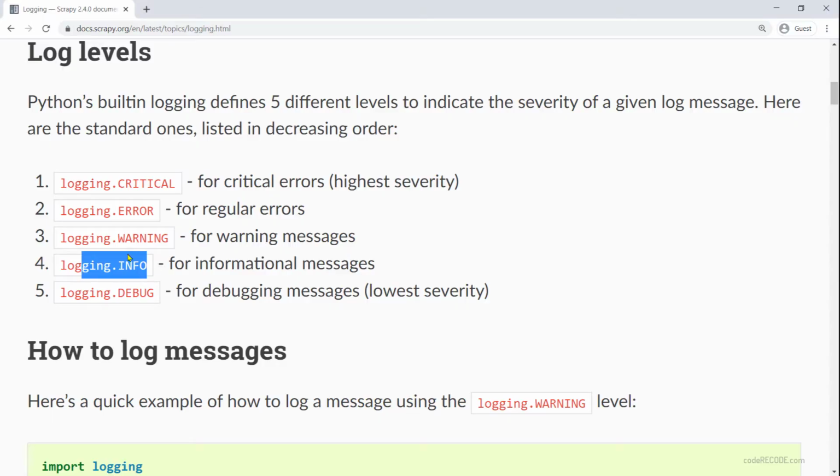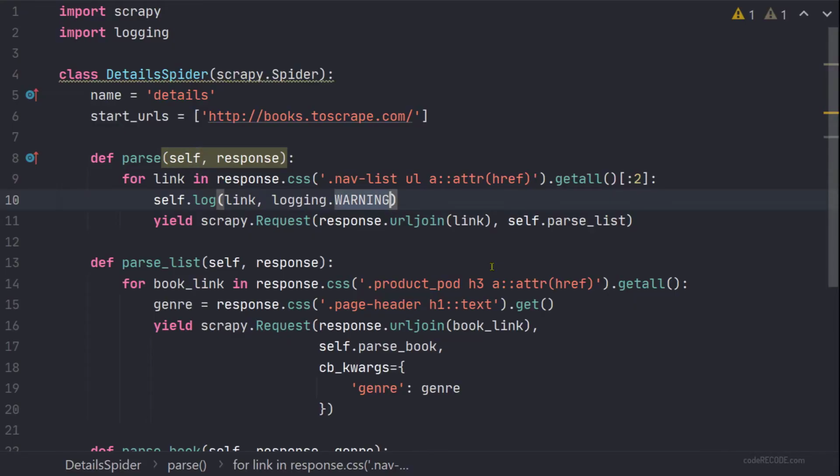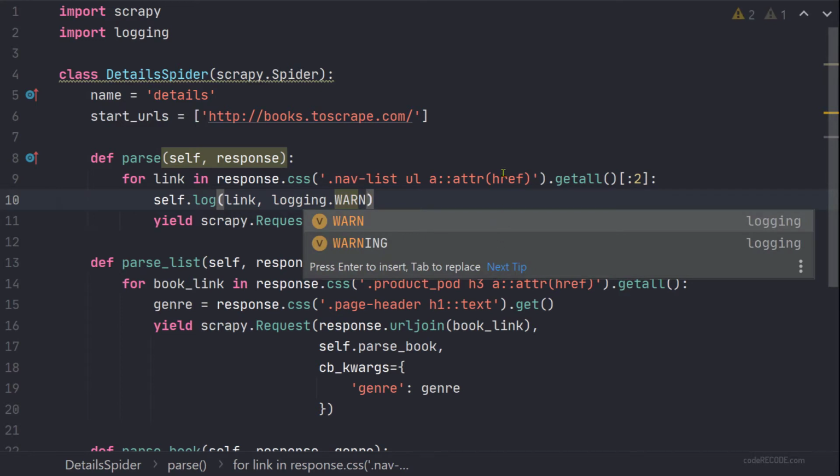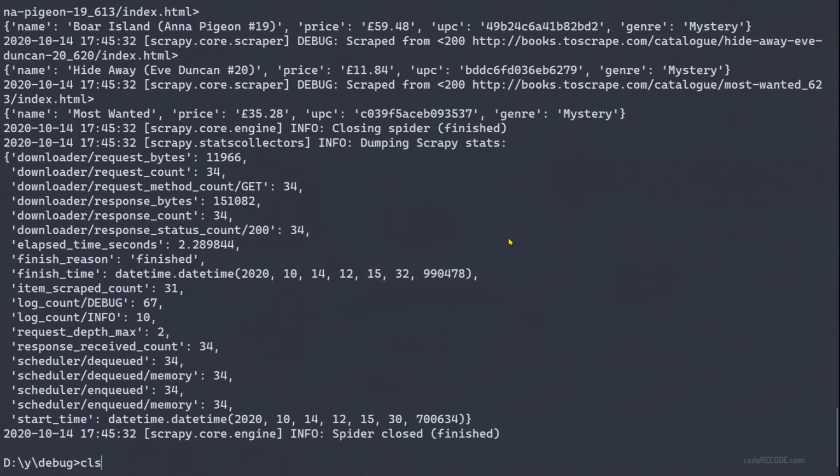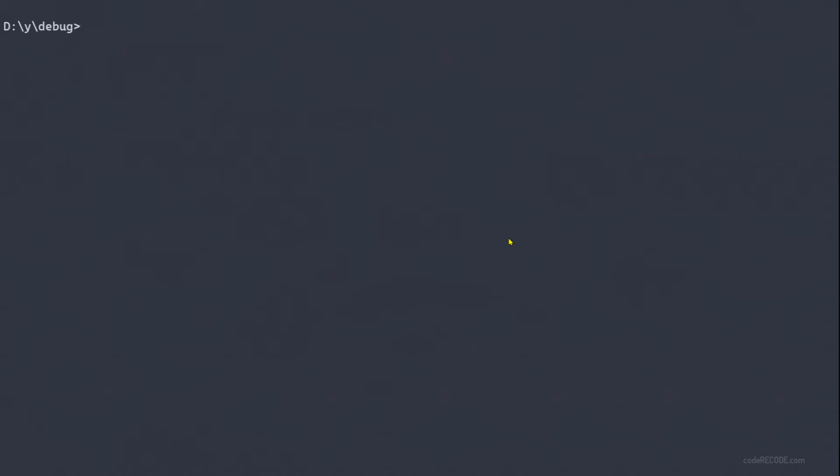So what we can do is we can set our logging level to warning. So let's set it to warning. By the way, warning and warn, they are the same. You can use any of them. And this time, let me clear everything. And this time, just provide one more argument, capital L and the level. So I'm going to provide warn.